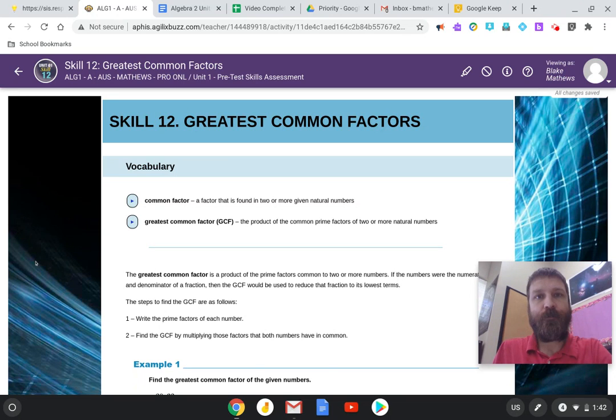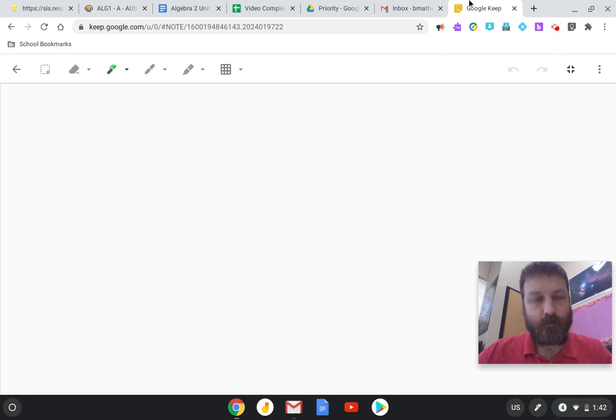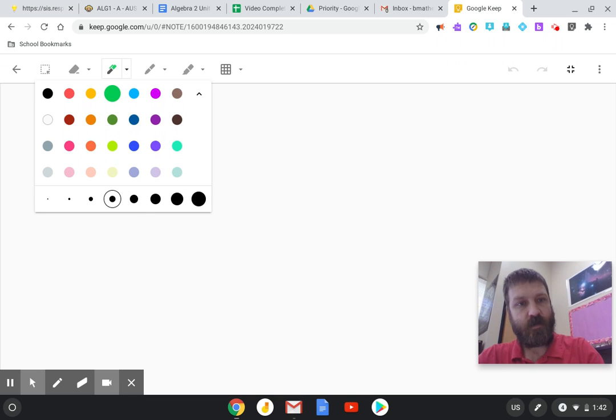Okay, this is the Algebra 1, Unit 1, Skill 12 lesson for greatest common factors. The greatest common factor is kind of the opposite concept of a least common multiple. The greatest common factor is asking the question, what's the biggest number that is going to divide evenly into two other numbers? So what I mean by that, for example, is if I have